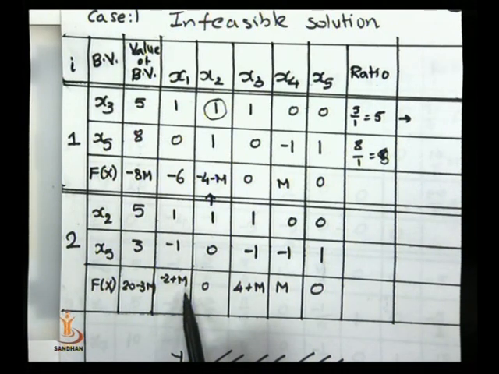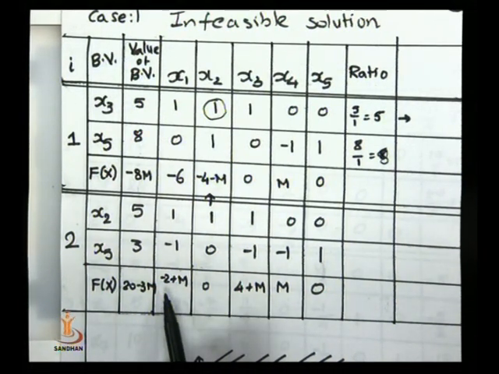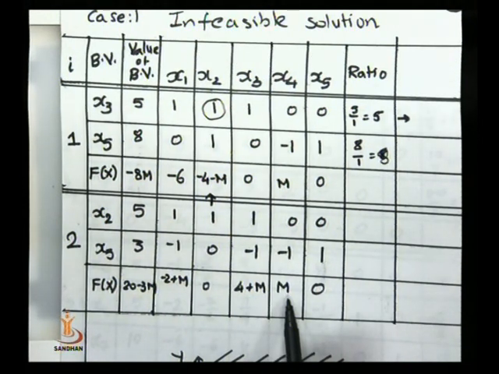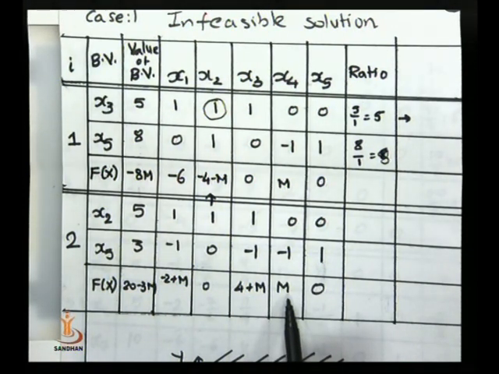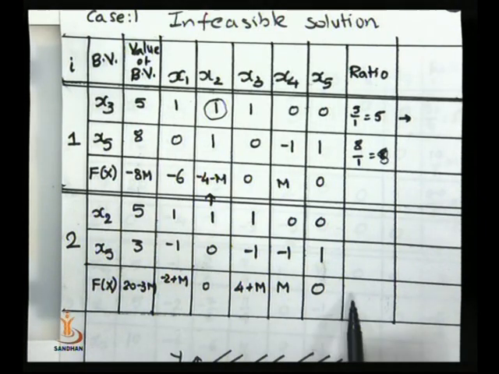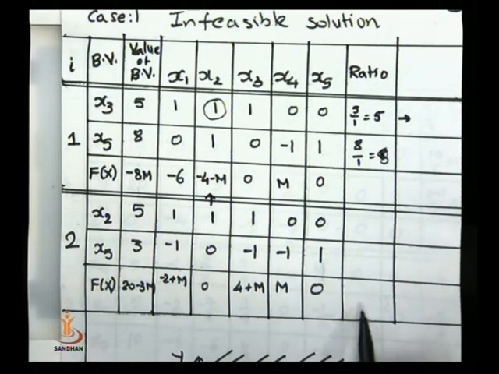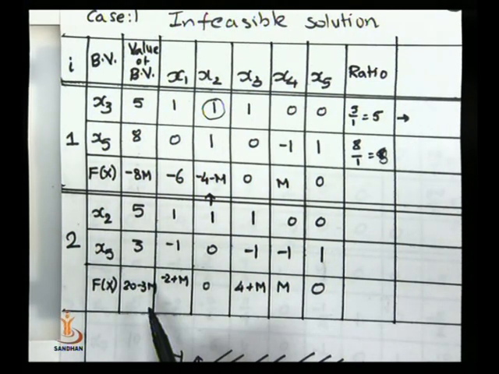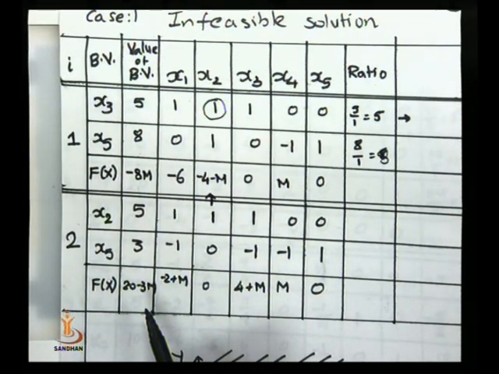Suppose I put m equal to 10, then 10 minus 2 is 8. This is 0, this is 14, this is 10, okay, and 0. So all values are now non-negative. There is no negative value in the objective function row. So at present, whatever situation is there, it is called the optimum solution according to our simplex procedure.